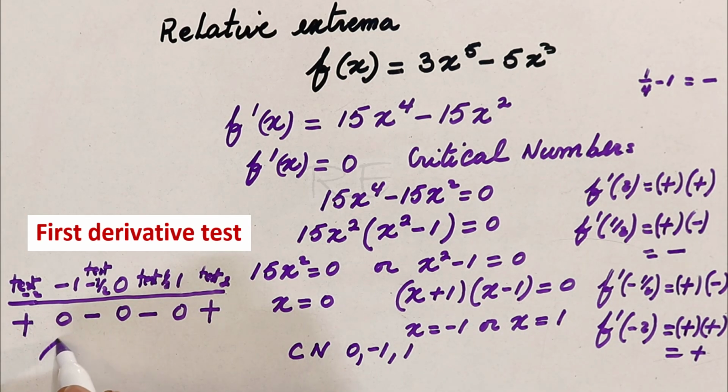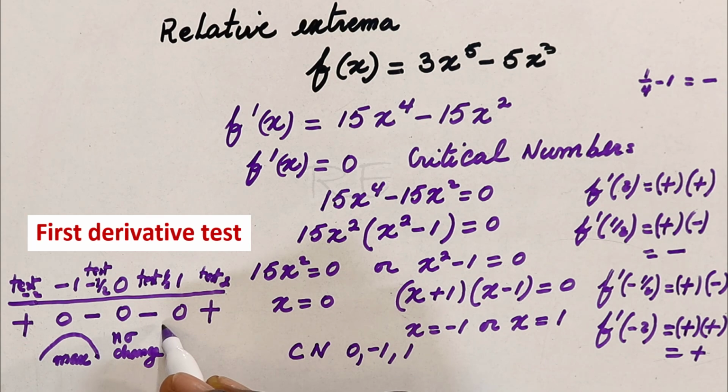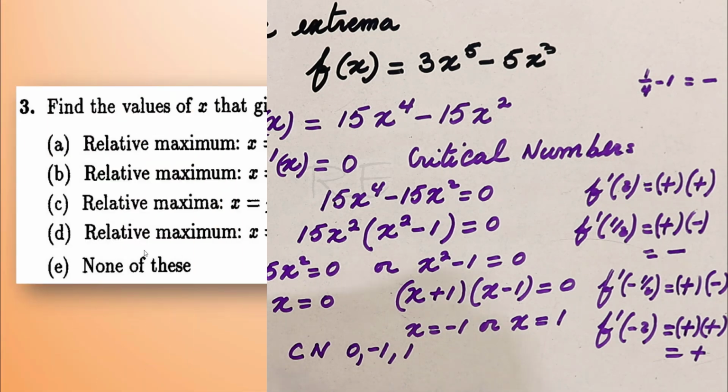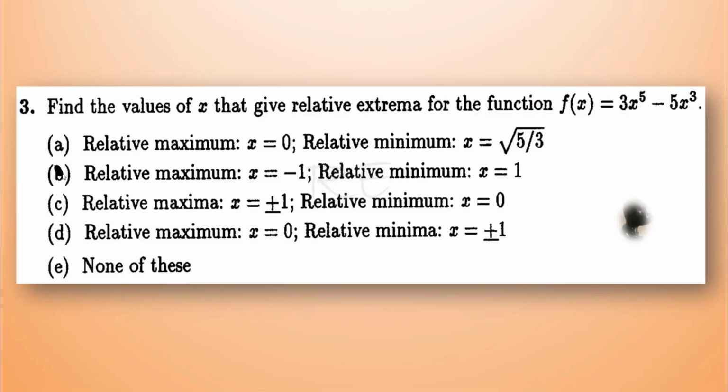Notice that the function increases until it reaches 0 and then decreases. So in this interval, -1 is a max. This one, there's no change of sign. And it decreases, goes to 0, and then increases. So 1 is a min. So the correct answer is